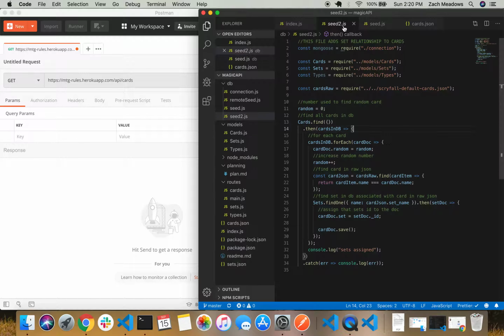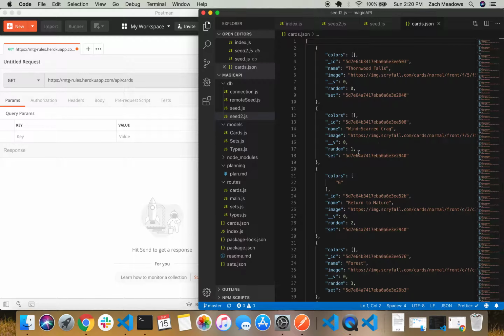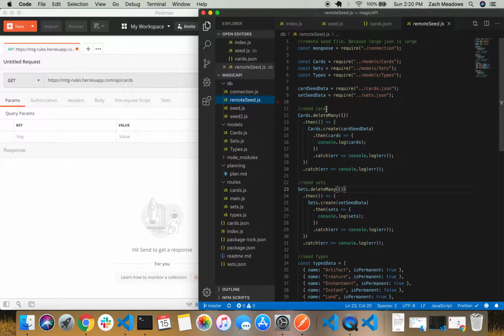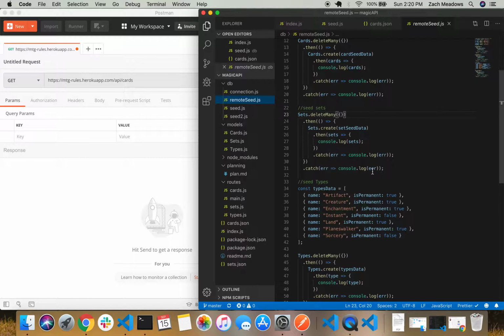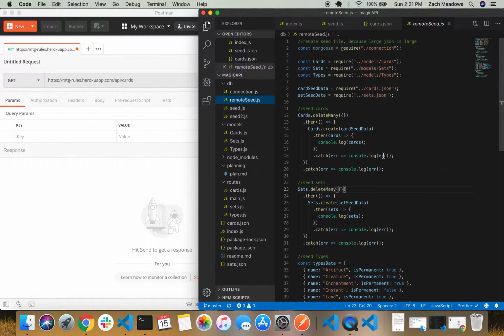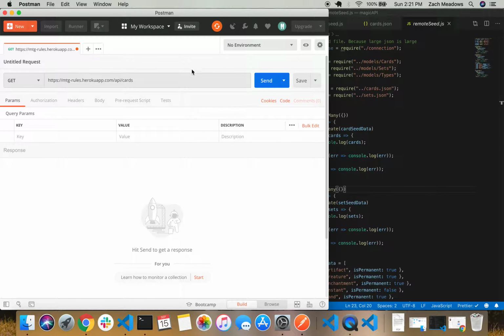Forgot to mention that part. Seed 2 here takes all the cards that we have, giving it a random number for each. This is important for the use of this API, in addition to assigning each set to the appropriate card and saving it. Then I went on to keeping it, because here you can see the set IDs. The remote seed is the one that's pulling from that file and then uploading it to the cloud such that it can be used. So here we can see in Postman,